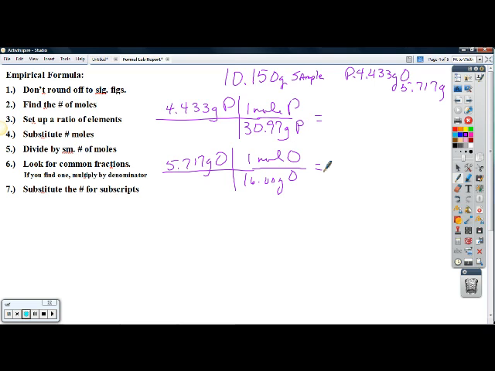All right, so what's the first one calculate out to be? 0.14313. Okay, that's probably enough. All right, then the next one it calculates out to be 0.3573. All right, those are moles because the grams have canceled. Now set up my ratio. I am at this point, number 3, set up ratio. So P is to oxygen, and I put my numbers